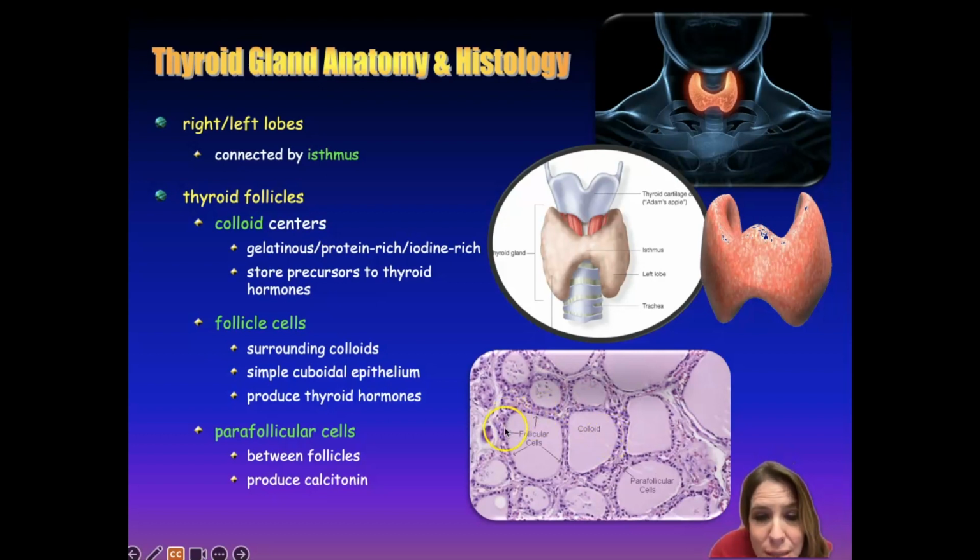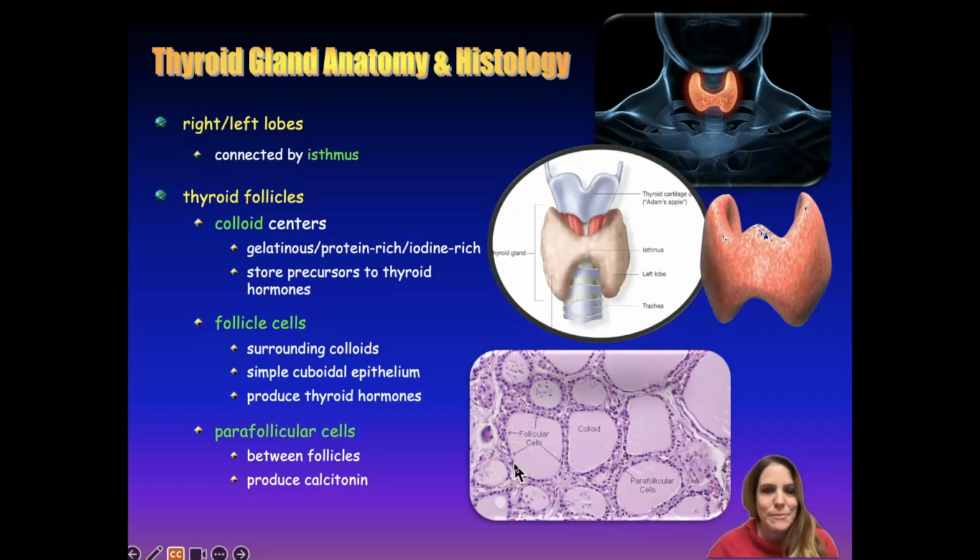Now, surrounding these colloids is a single layer, a simple cuboidal epithelium. So you remember those little cube-shaped cells that you learned before. So a simple cuboidal epithelium surrounds each colloid, and that is where the actual thyroid hormones are produced. So the precursors are stored in the colloid, but the hormones are produced in these follicle cells, these simple cuboidal follicle cells that surround the colloid. So when you take the follicle cells and the colloid together, what you have is what's known as a follicle